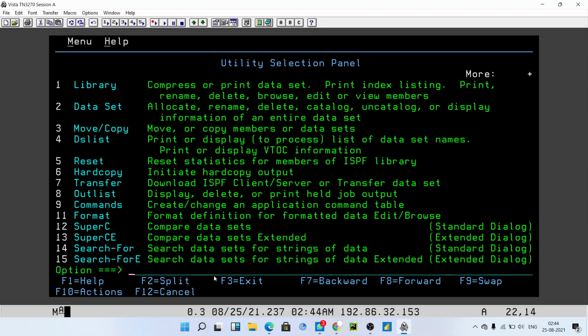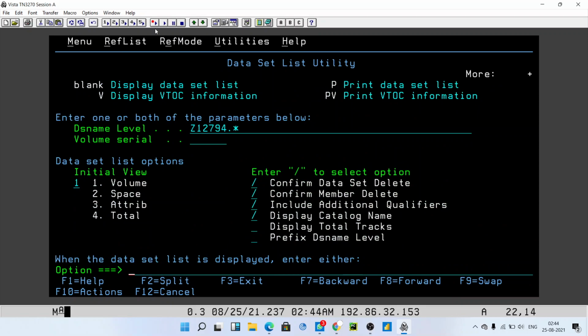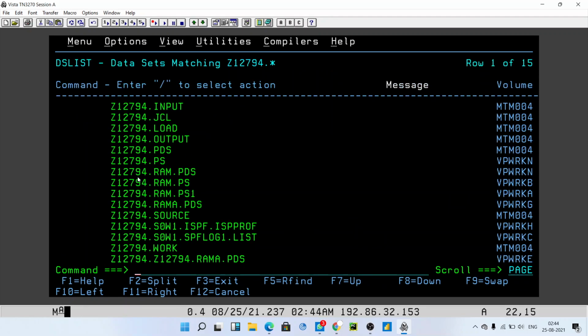After that, type 4 to enter into the DS list, and after that you have to search the PS file you have created. First, before starting this, I'll tell you what files I am going to use